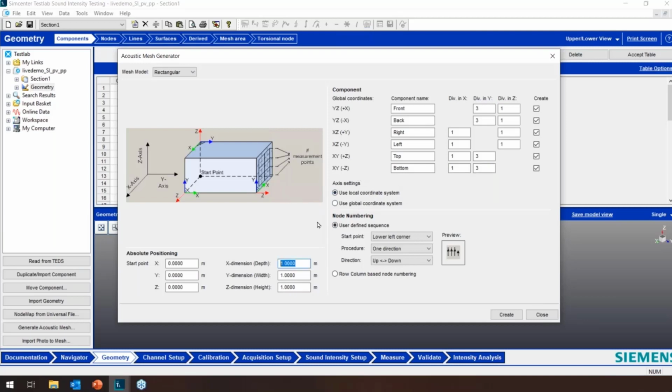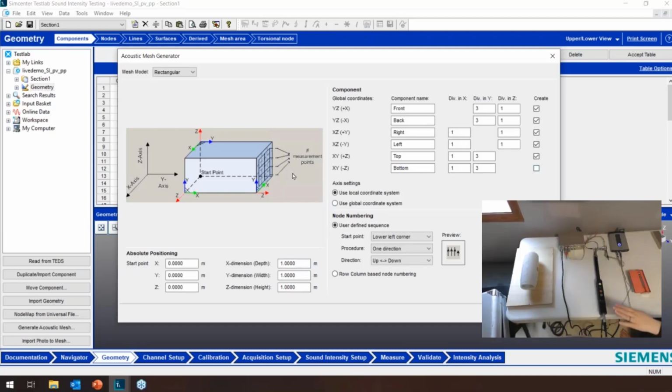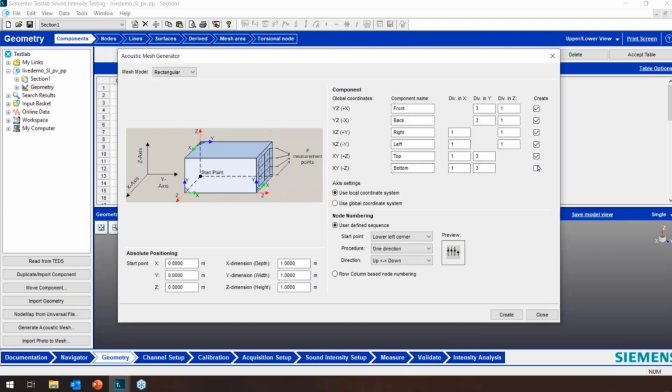Sorry, what's that? Are you going to measure the bottom also? Oh, excellent point. I am not going to be measuring the bottom. Thank you, Raj. I have this on a little piece of plywood, my speaker. Because it's not being measured on the bottom, if I were to accidentally click this, when it does the calculations, when it does those localization maps, those heat maps, it actually interpolates between the surfaces. So if I had this checked on, I could get the wrong result. Thank you. That's an excellent point.